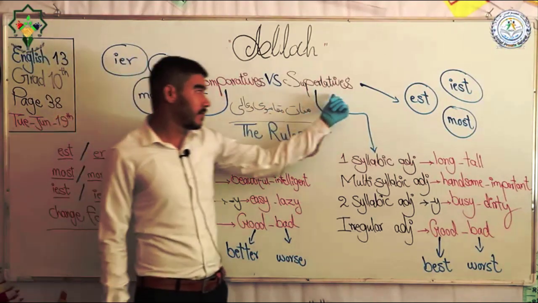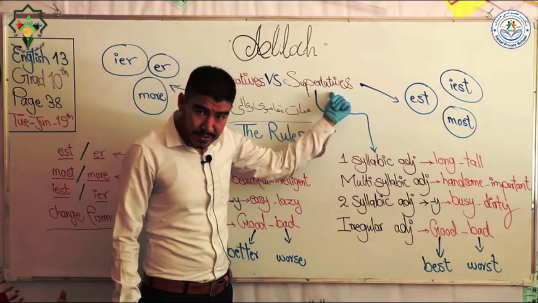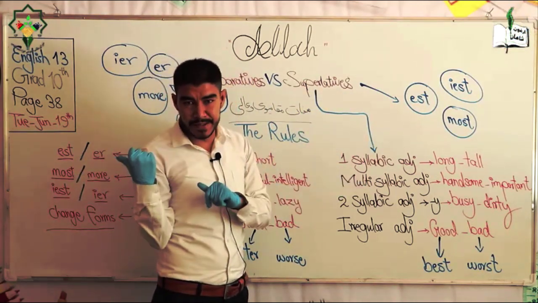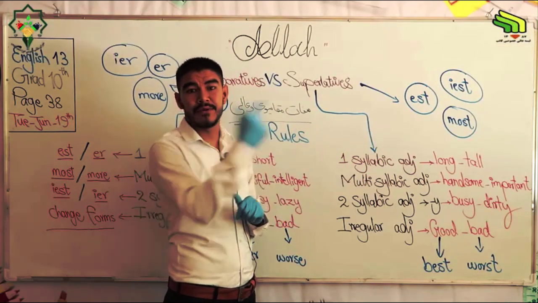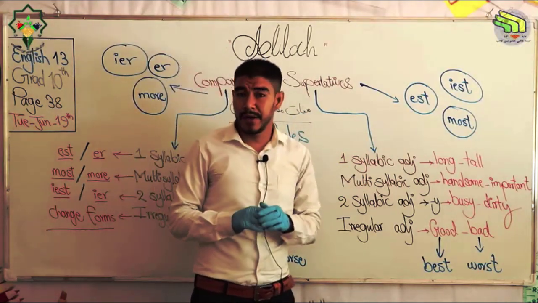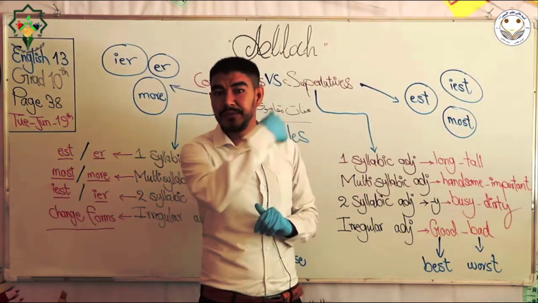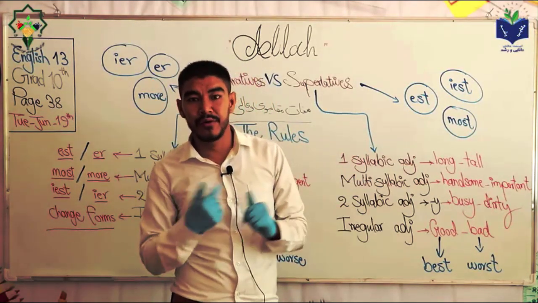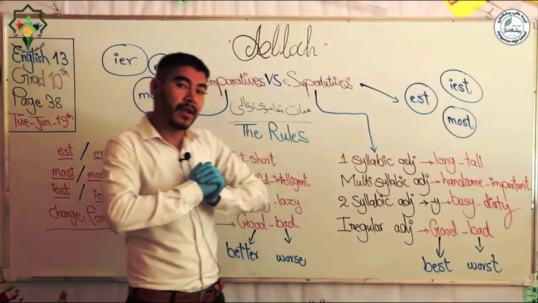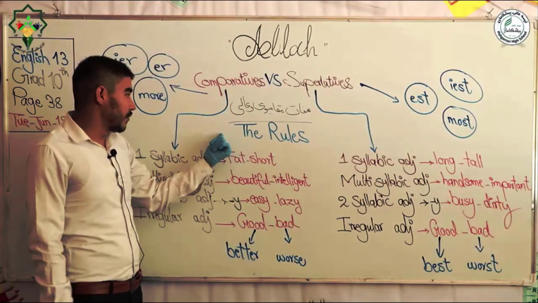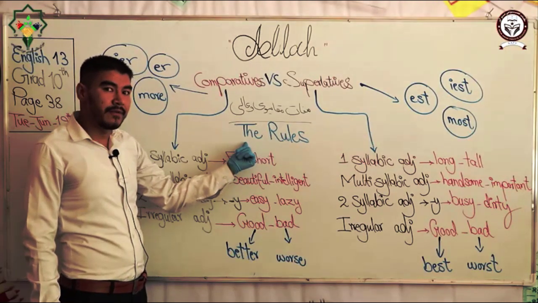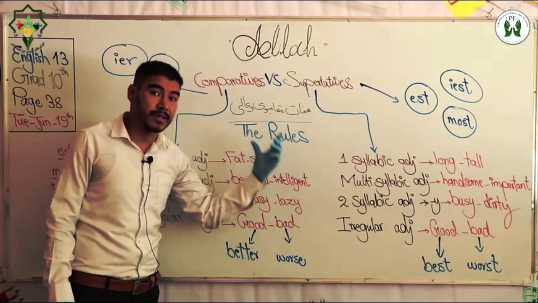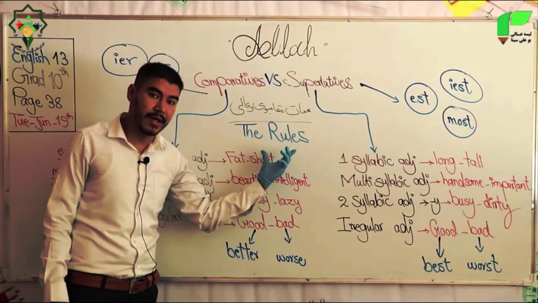And superlative adjectives are those adjectives that we compare one thing with a group of things, one person with a group of people, one place with a group of places. خب ما صفات عالی را برای مقایسه کردن یک چیز با گروپی از اشیا یا گروپی از چیزها، یک شخص با گروپی از اشخاص و یک مکان با گروپی از مکانها استفاده میکنیم. Okay. And these are the rules, okay? We will study these rules and we will exemplify about them. خب قوانین اینا چی است؟ قوانینش خیلی مهم است، نکته کلیدی است در صفات مقایسوی و صفات عالی.